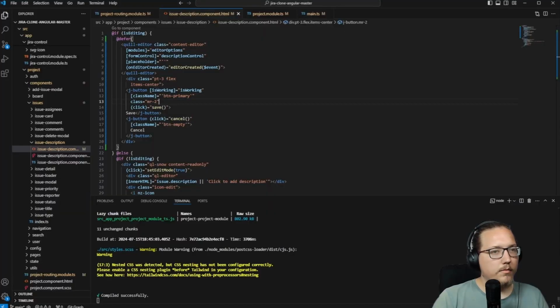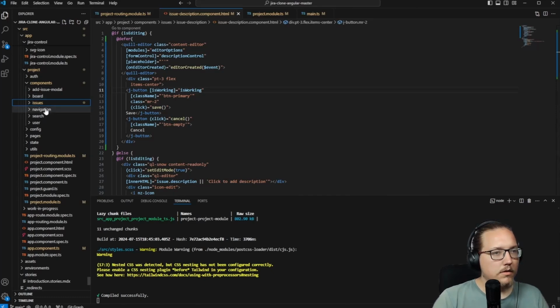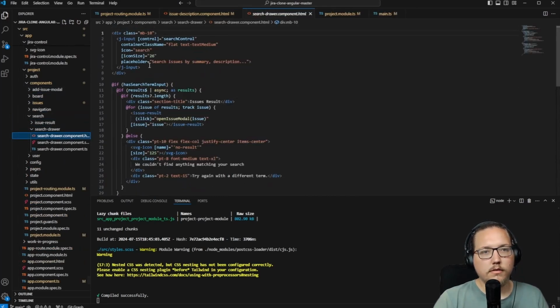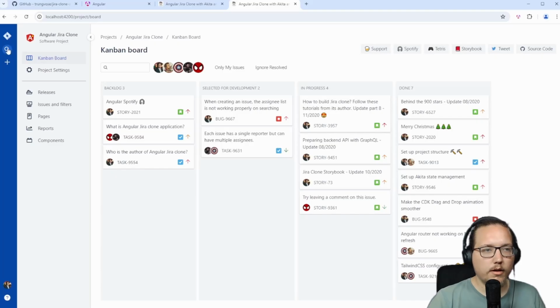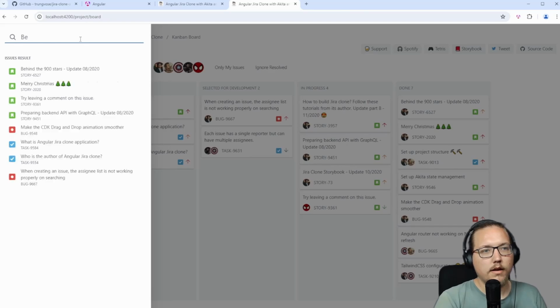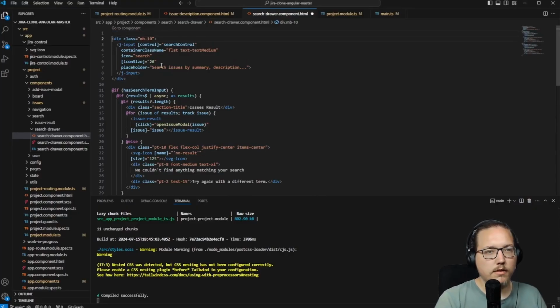We will also make some other examples. A quick one would be looking for project search. Oh yeah, there's a search here. And there we have the search drawer. For example, we have here this search drawer. That's a sidebar where you can search for stuff. And it's also a part of the application that is not initially there, which means if we make a defer around it,